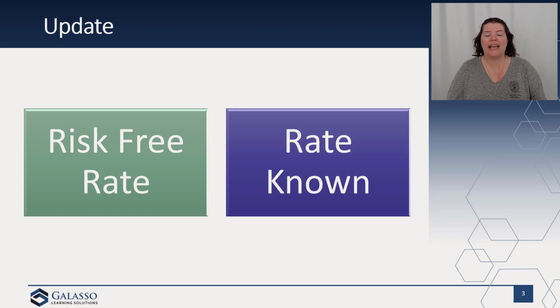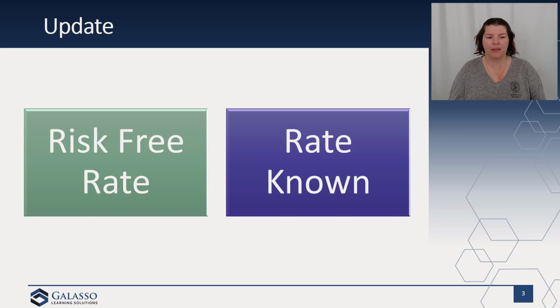Now, the other thing that they did here is that when the rate implicit in the lease is readily determinable for any individual lease, it now tells us that the lessee must use that rate regardless of whether it has made the risk-free rate election. So again, when you know what the rate implicit in the lease is, rather than using either the incremental borrowing rate or the risk-free rate, you have to use it because it's known, right? So if it's readily determinable or if it's a known rate, then you must use that. You cannot use the alternative in that scenario if it is known, because again,